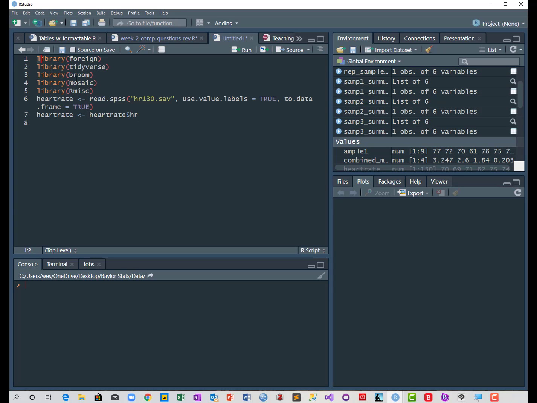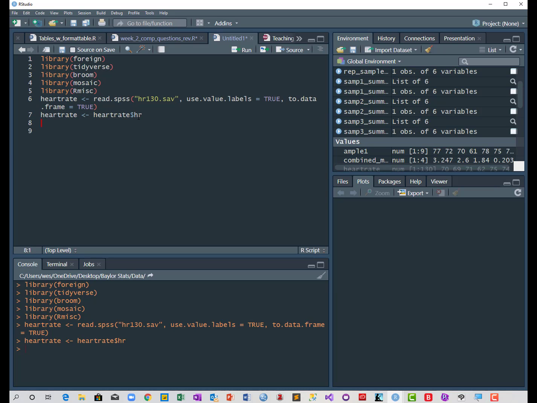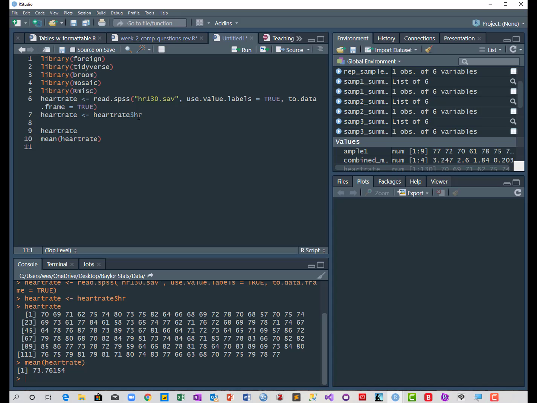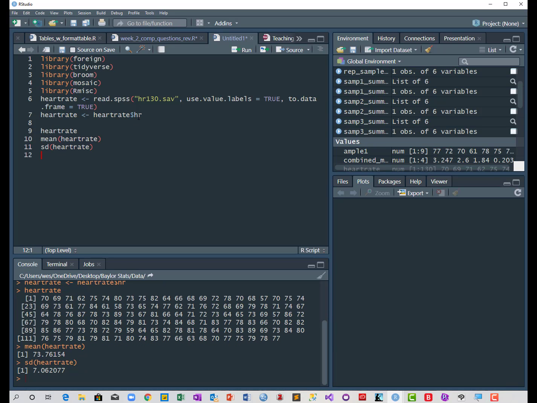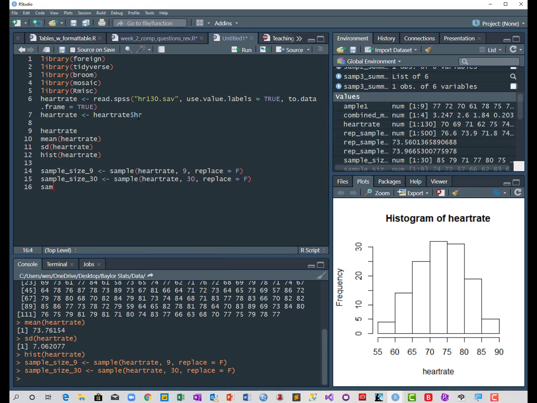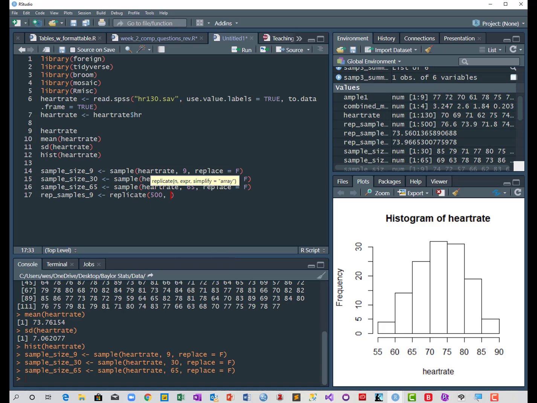There are a couple ways to calculate confidence intervals, and in this video we'll look at a parametric method using the standard error. Our dataset comes from Rebecca Warner's textbook, Applied Statistics, the second edition. We have 130 heart rates that will serve as our population of interest, with a mean of 73.8 and a standard deviation of 7.06. We created 4 random samples of the data of varying size, 9, 30, 65, and then